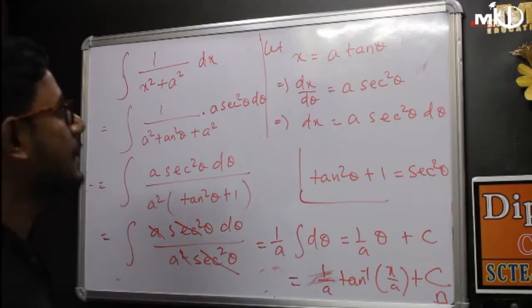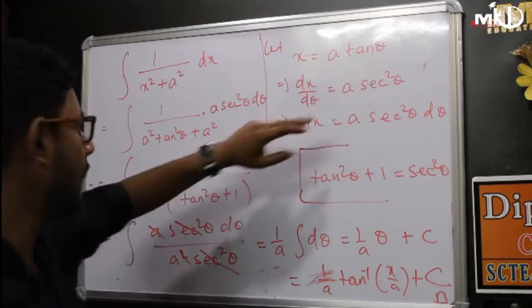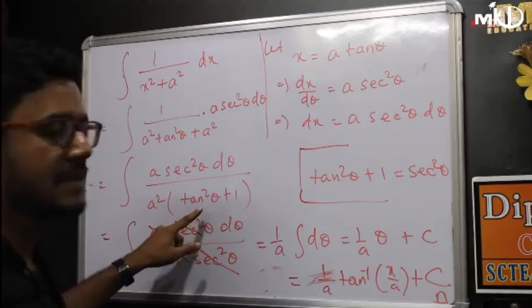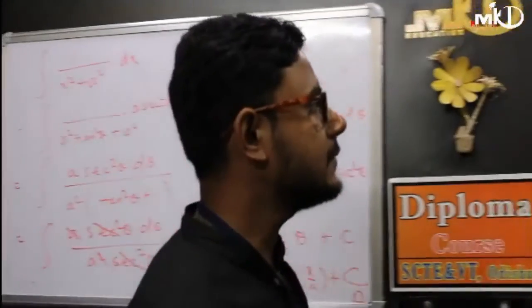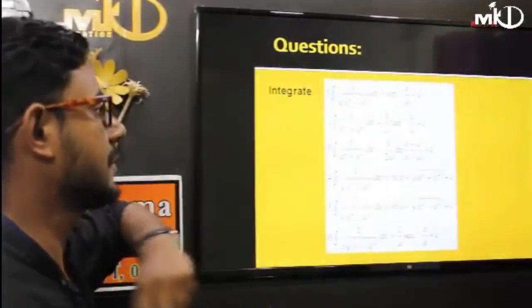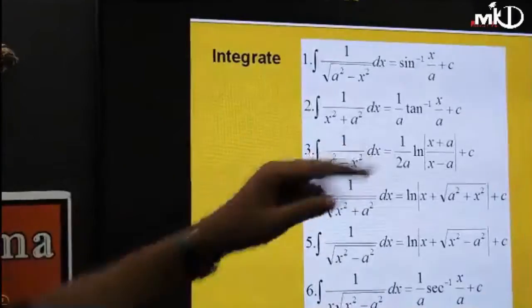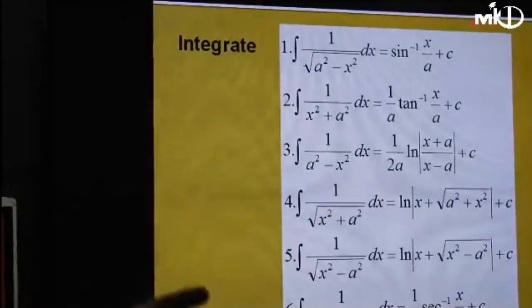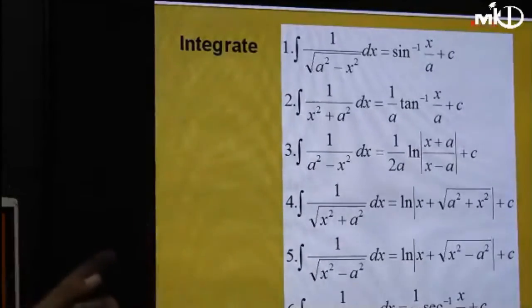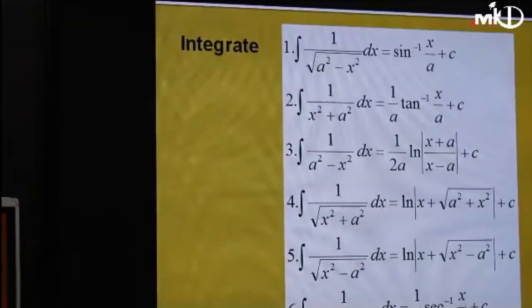So you will see one thing now. If we take the substitution x equal to a tan theta, then our denominator becomes simpler. So here our main logic is to make this term simpler. That's why we are taking those substitutions. Since in the third case it is a square minus x square, if we replace x by a sin theta, then it will become a square minus a square sin square theta, and if you take a square common, it will become 1 minus sin square theta, that is cos square theta. So now it becomes a single term, which is simpler. Okay, now we can find the integration.